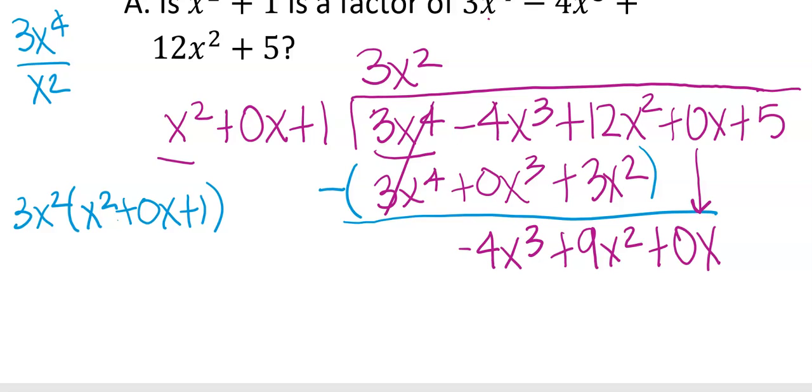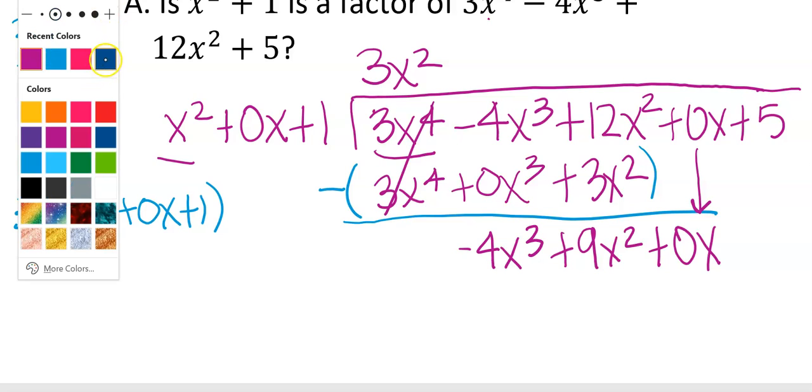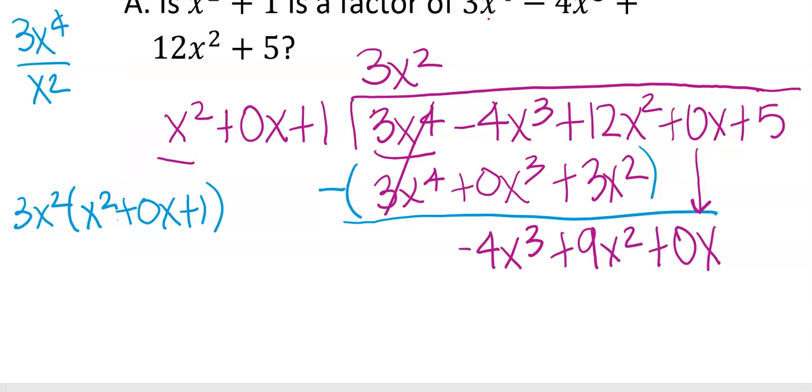Now, for the next one, what are we dividing? The x to the 3rd by x squared. So for this one, we are dividing negative 4x to the 3 divided by x squared. So what do we get? Minus